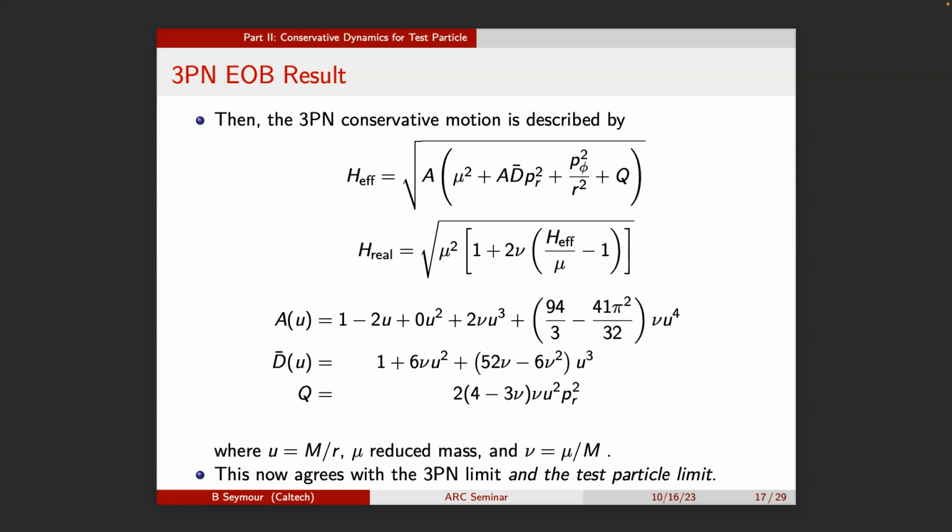I moved the coefficients over so that you can line them up. Basically, this one corresponds to the u squared, and then this u squared is the u third. Anyway, so basically, this is a 1PN or, sorry, this since